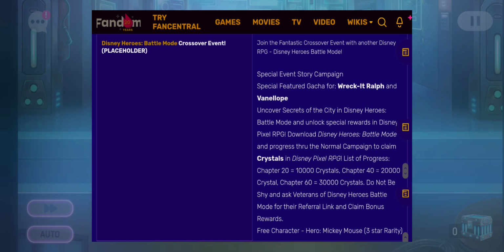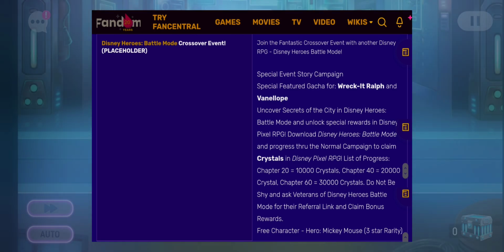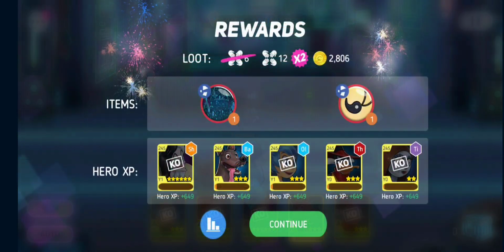Basically, you can acquire up to 30,000 crystals in Disney Pixel RPG just by clearing part of the campaign in the other Disney game, the Disney Heroes Battle Mode. That is actually equivalent to 100 pulls in Disney Pixel RPG. You also get a free copy of Hero Mickey, which is pretty nice I think, because I use him a lot. So for this video, I'm going to quickly run through some of the huge tips on how you can